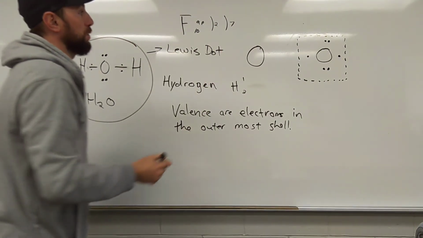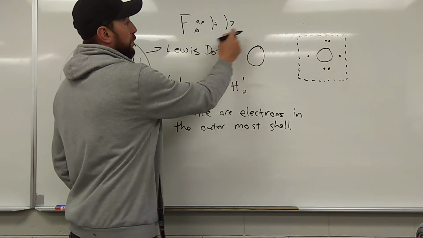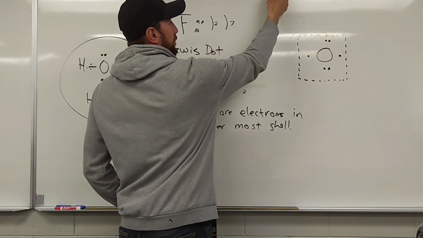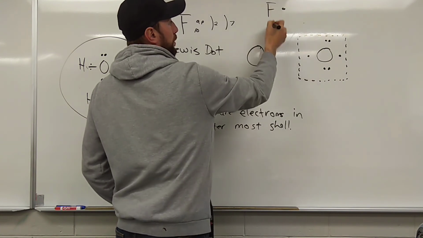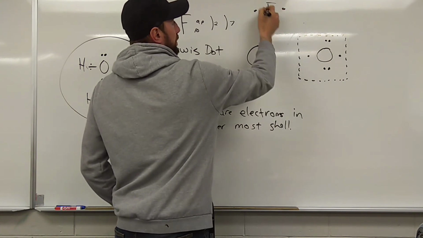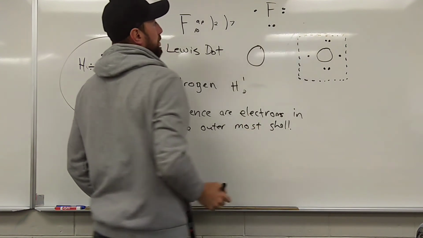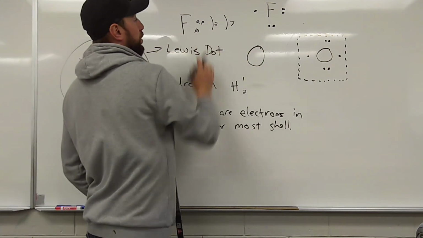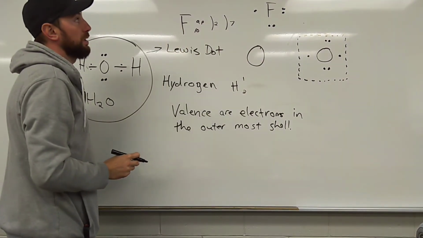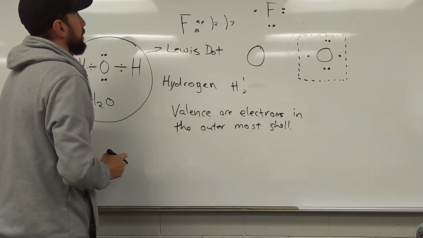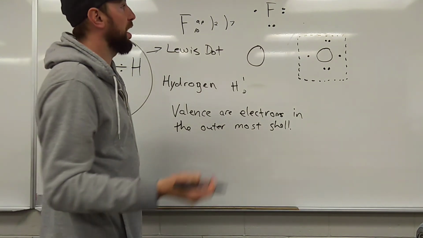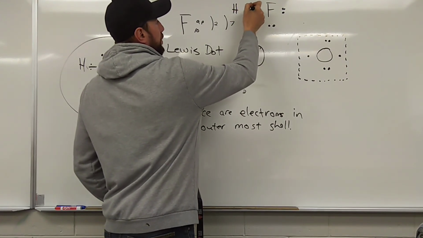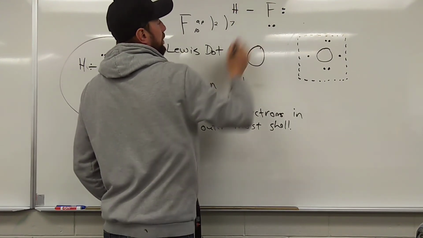So what you would do for a Lewis dot for fluorine is put your symbol here, and then you need to fill 7. So you do 1, 2, 3, 4, 5, 6, 7. Okay? That's a Lewis dot diagram. There's a Bohr diagram for fluorine. And if fluorine, say you have hydrogen fluoride, H with 1 dot, you would have hydrogen